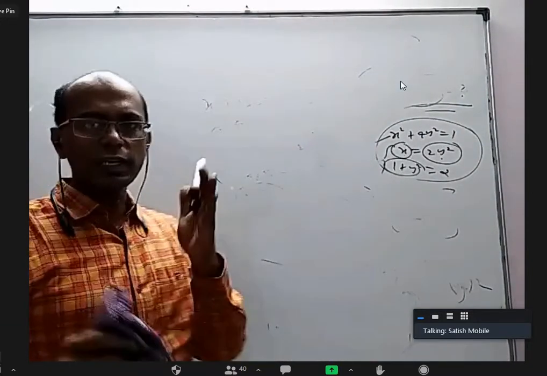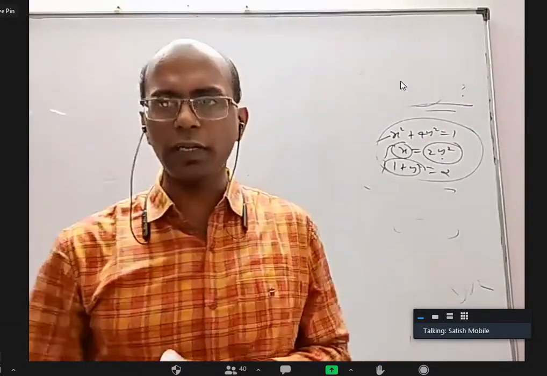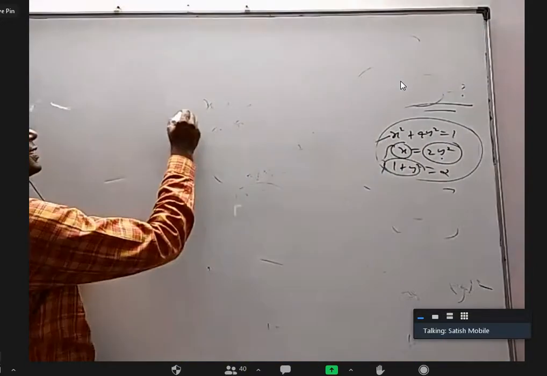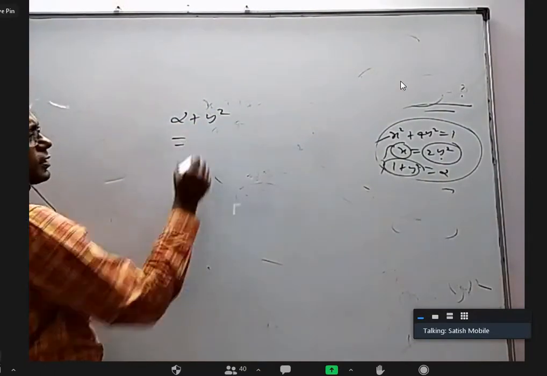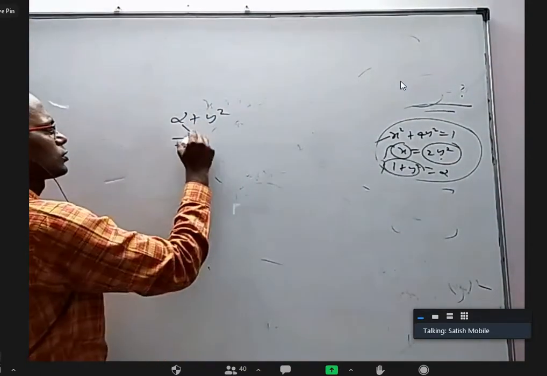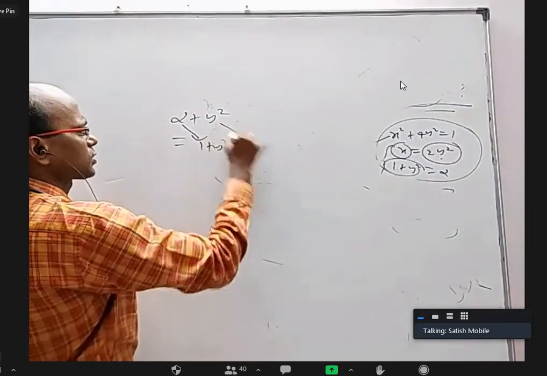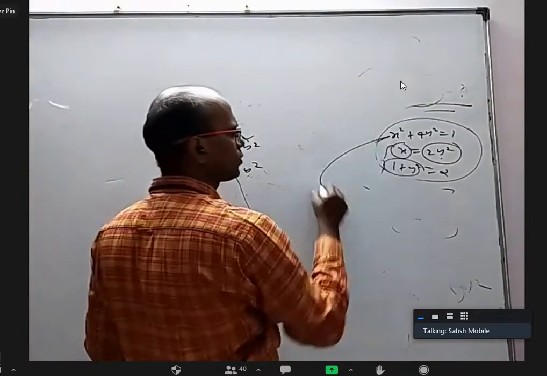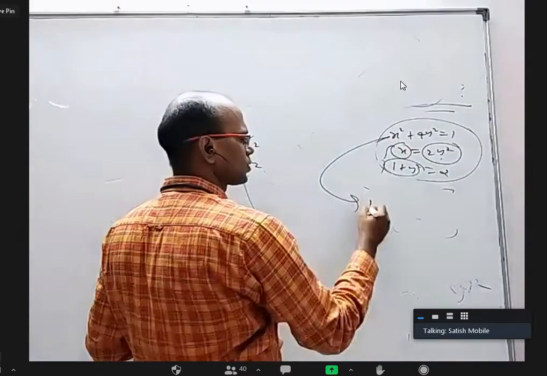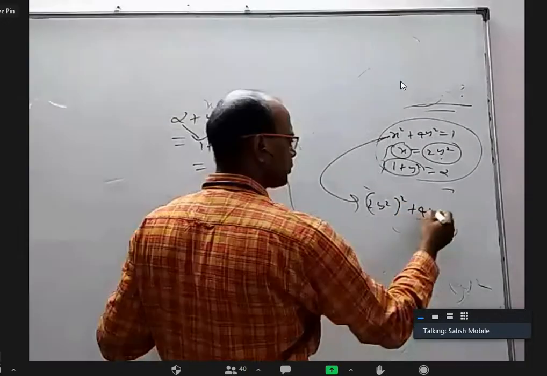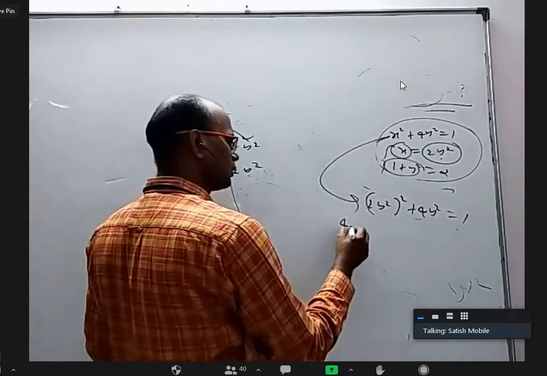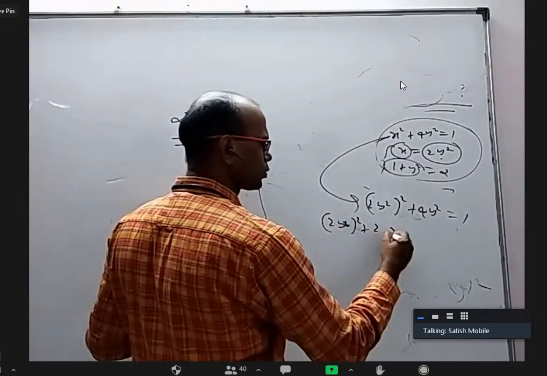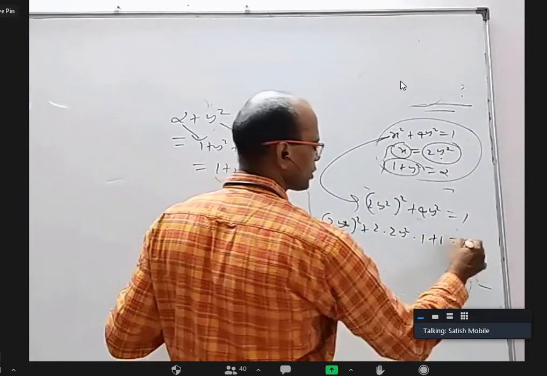Okay, so you multiply A into A transpose equated to the identity matrix. These are the 3 equations that we got. Correct? Now the question is alpha plus y square, what is it. In the place of alpha, you substitute 1 plus y square plus this extra y square, which will become 1 plus 2y square. Keep it like that. Now coming to this x, I'll substitute 2y square. I'll get 2y square whole square plus 4y square equal to 1. Square it or keep it like that. This I'm going to write as 2 into 2y square into 1. Add 1 on both sides.